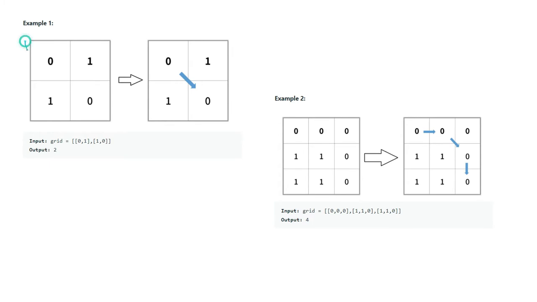We have to reach from the top corner to the other side corner. And in total, how many cells are we crossing here? 2. So 2 will be our answer. Here if you see we have several zeros and ones. How can we come? Directly we can come like this, or we can come here, then here, then here. So in the second path, the path is less, that is 1, 2, 3, 4. 4 cells we have to cross. So the answer is 4 here.